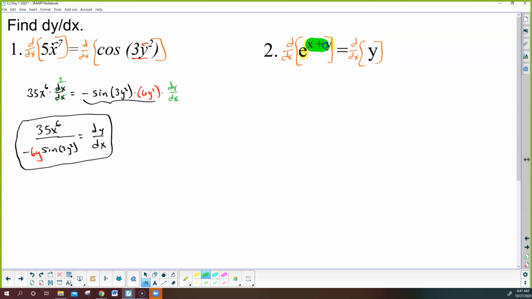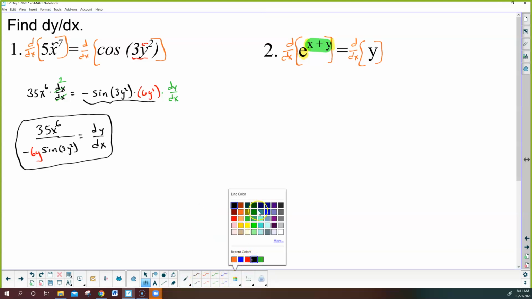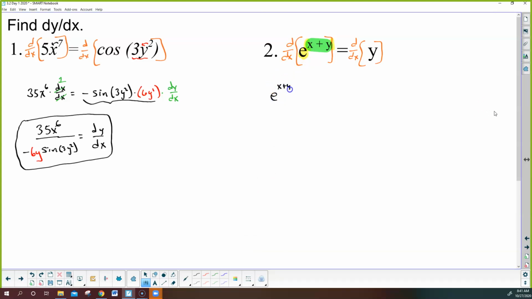The inside function is x plus y. So if I'm going to take the derivative of the outside, that's just e to the x, but in this case we're going to keep the inside piece exactly the way it is. And then I'm going to multiply by the derivative of the inside piece,